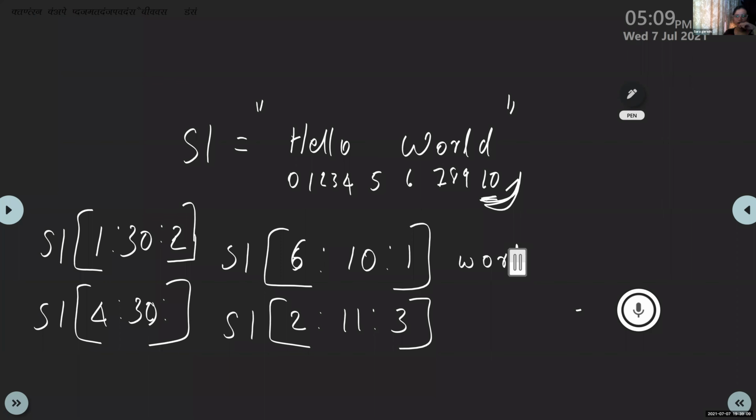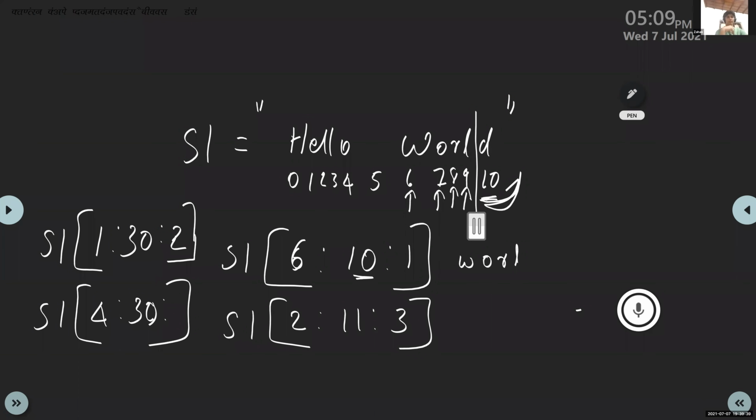The start value is 6. Then 1 is added with 6. What is the next value? It is 7, so O. Then after 7, 1 is added with 7, so the next value is 8. Then after 8, 1 is added, the value is 9, so it is L. Then 10 is the stop value. We stop here.